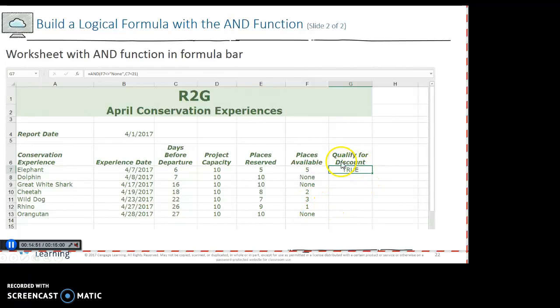Here's an example of the AND function. F7 is not equal to, then put none. If